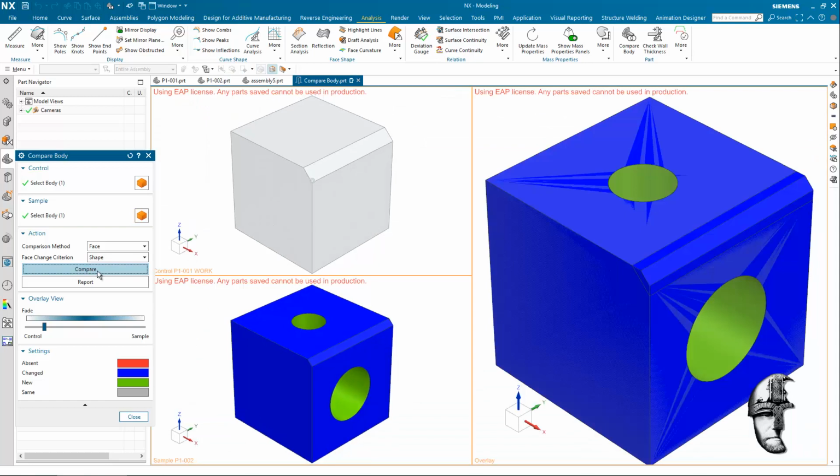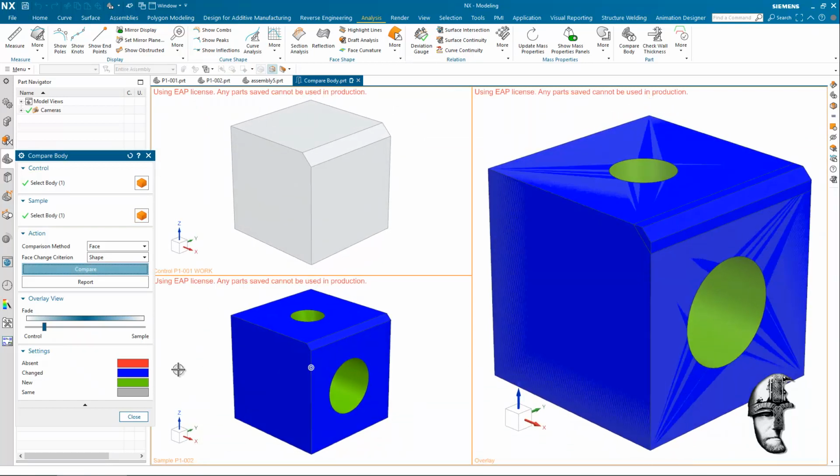We can see that we have a color scheme here saying that red is absent. Normally when I analyze this the other way around from 2 to 1, there would be absent features that did not exist. However, doing it in the normal order, comparing revision 1 with revision 2,